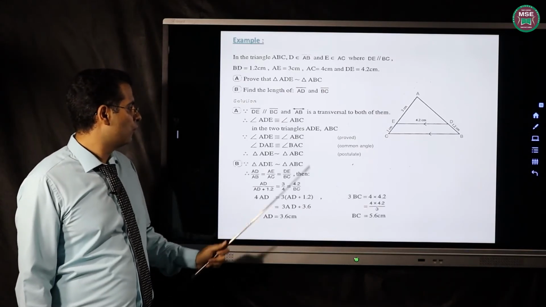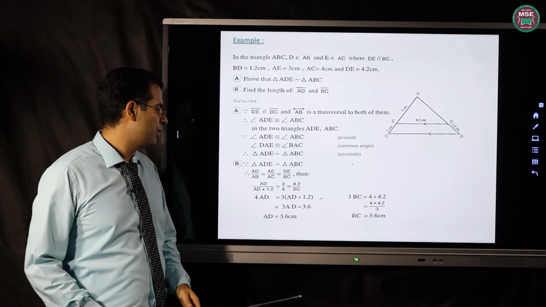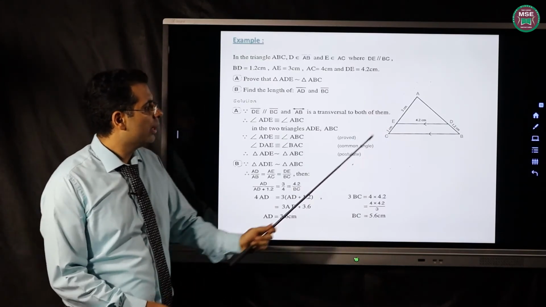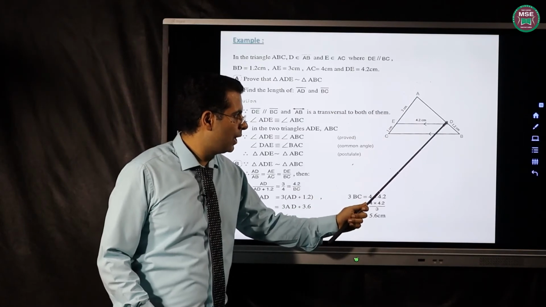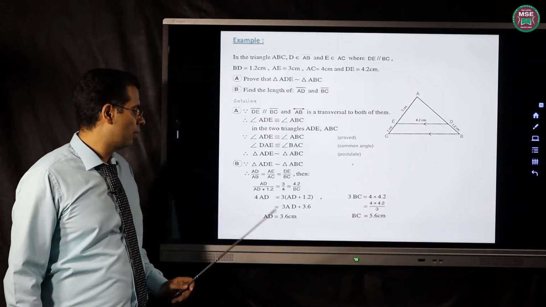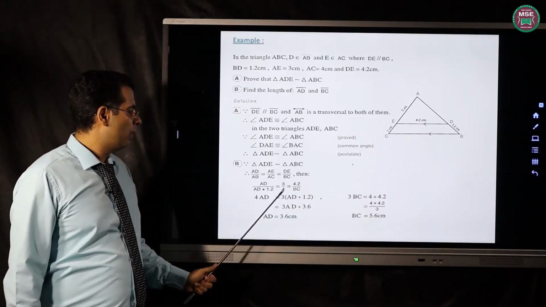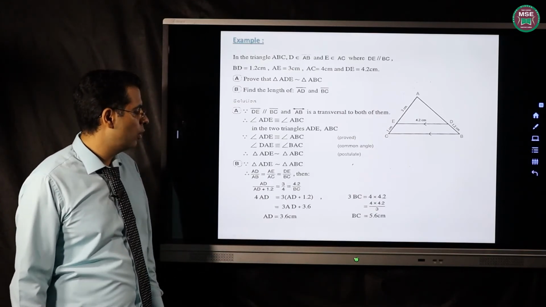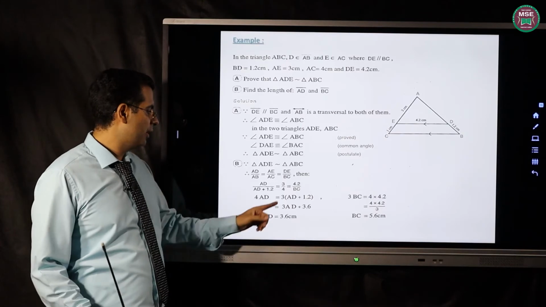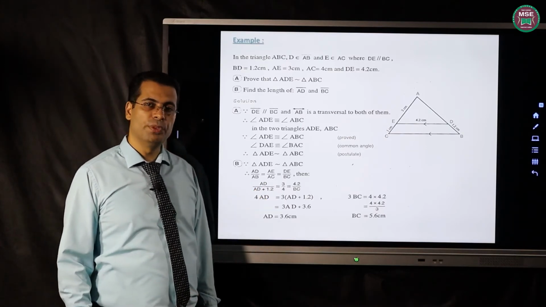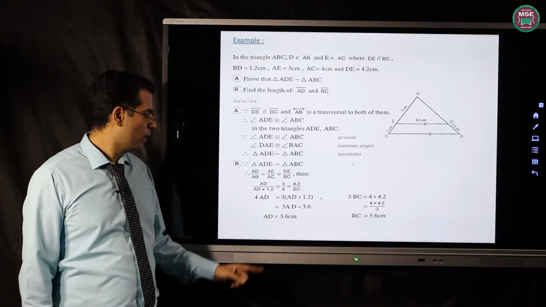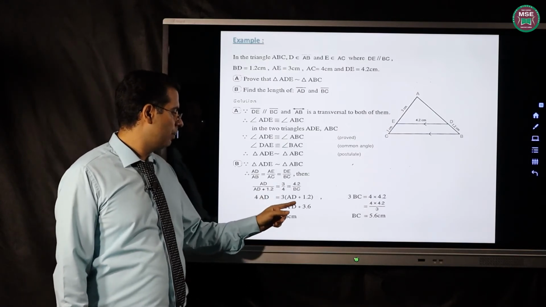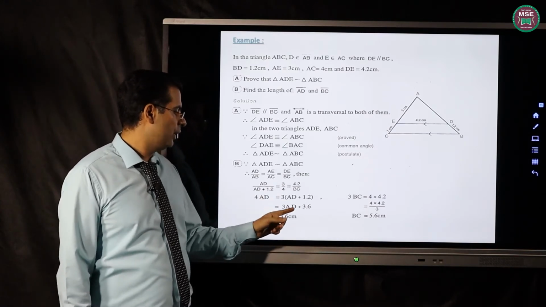Therefore, the corresponding sides are proportional. By substituting: AD, leave it as it is; AB here equals AD plus 1.2; AE equals 3, AC is 4, DE equals 4.2, and BC, leave it as it is. Cross multiplication: the product of means equals the product of extremes. 4 times AD, for AD, 3 times AD plus 1.2. Distribute the 3, which gives me